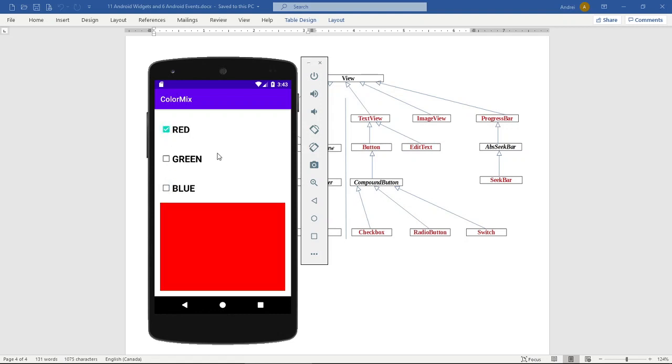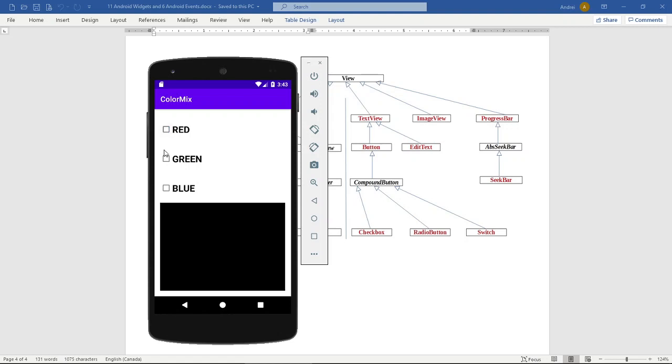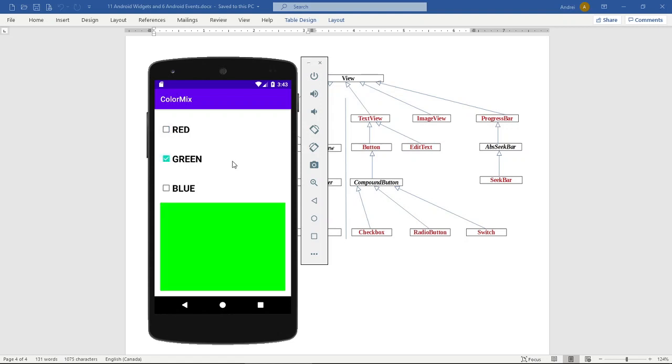So you see, by manipulating checkboxes, I'm producing or mixing different colors. A checkbox is both a square and a text. And my text view widget doesn't have any text. I'm using it just to show the colors. So that's a very simple application, or app,